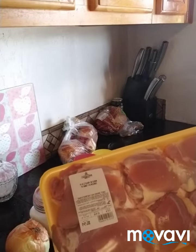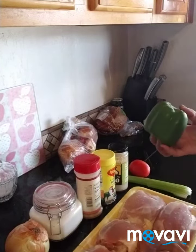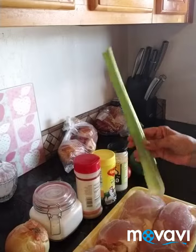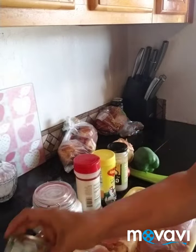Let's get started. The ingredients that we are going to need to make our puffy tacos, we're going to do the chicken part first. You're going to need chicken, of course. The best chicken to use for those tacos is the chicken thighs, which is called muslos. So I got that. You're going to need bell pepper, tomato, celery, onion, a tomato sauce. The tomato sauce gives it flavor and it gives it color too. You're going to need some salt, cumin, some chicken bouillon,